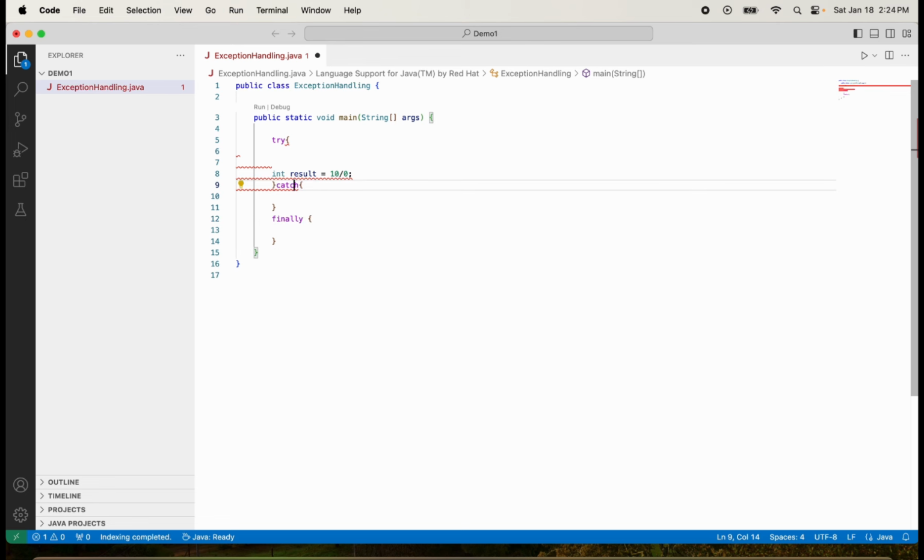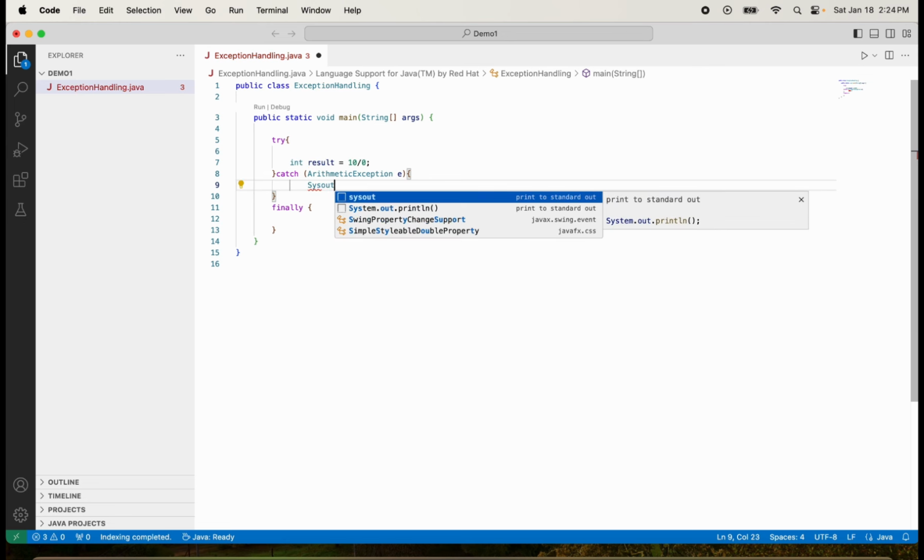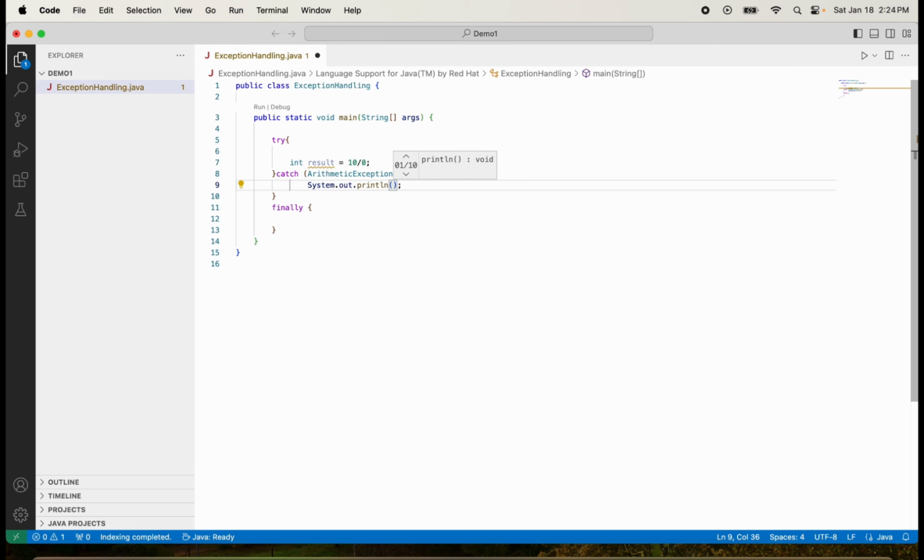Okay, in the catch, you need to catch the proper exception. So here it will throw an arithmetic exception. Okay, because it is just an exception that is coming from arithmetic operations. Okay, now in the catch block you can print what exception is throwing. System.out. So error, division by 0. So that is a custom message you can put, but at the same time we can print